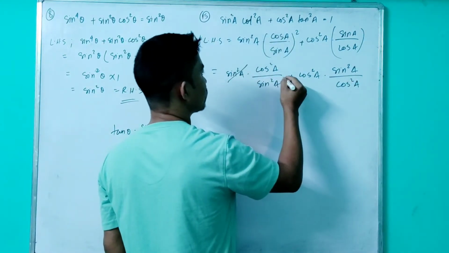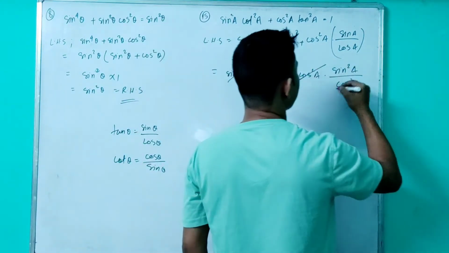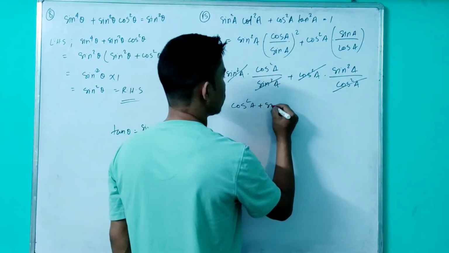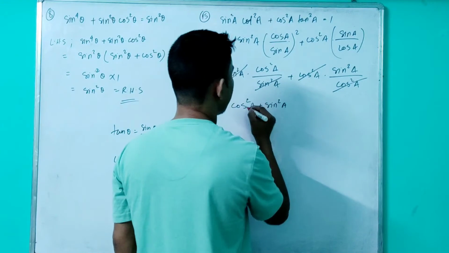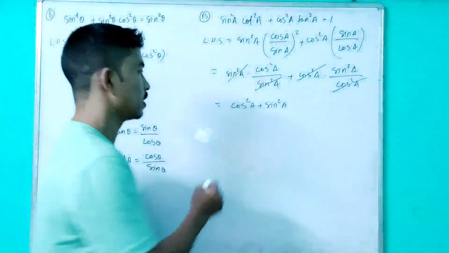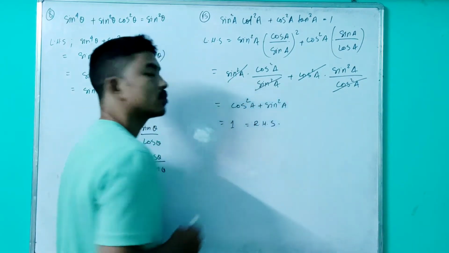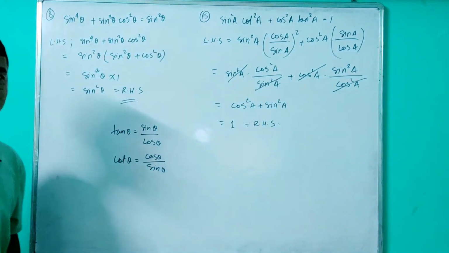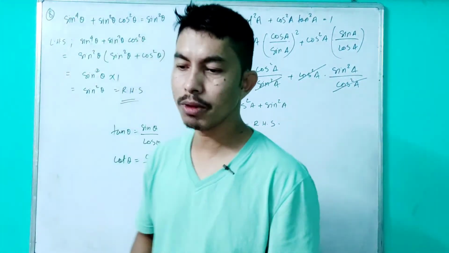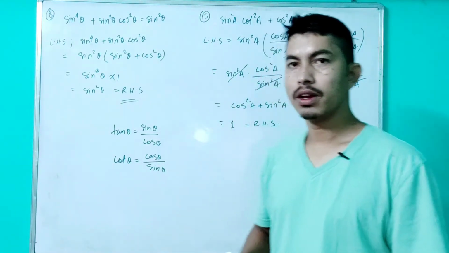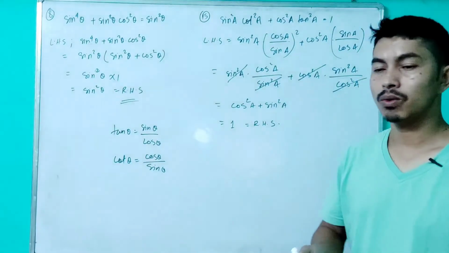Okay, so sin square cancels, cos square A and cos square A get cancelled. So it equals cos square A plus sin square A, and hence again cos square A plus sin square A is equal to 1, which is equal to the right hand side. Okay, so it's very simple to prove such trigonometry identities. So you may solve all the questions of your exercise 4A so that we may continue with the next chapter